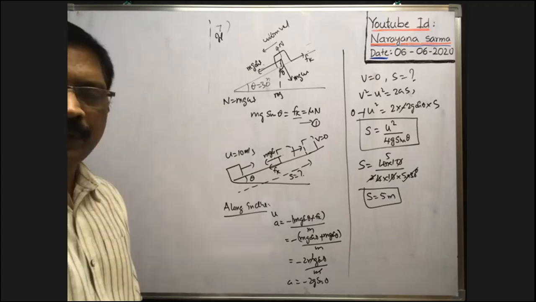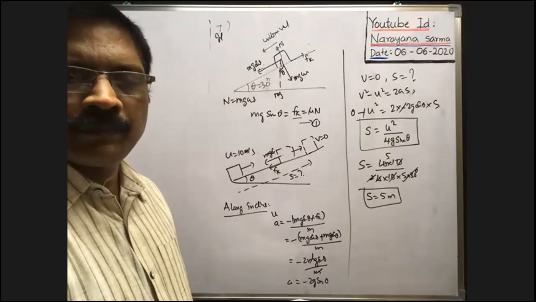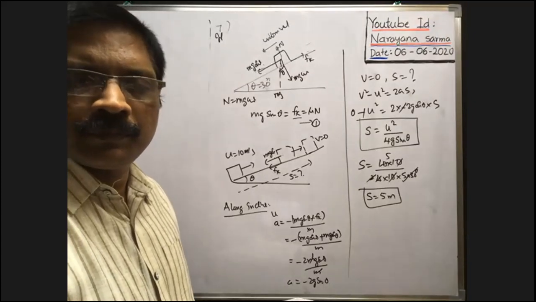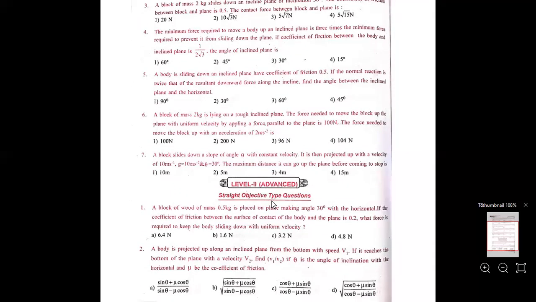Next, you see the next problem. In level 2, first problem you do. In level 2, note down the homework: first problem you do. So in the evening, if you have any doubt, ask me the problem. You keep it on WhatsApp, then I will explain. So level 2, first problem you do.